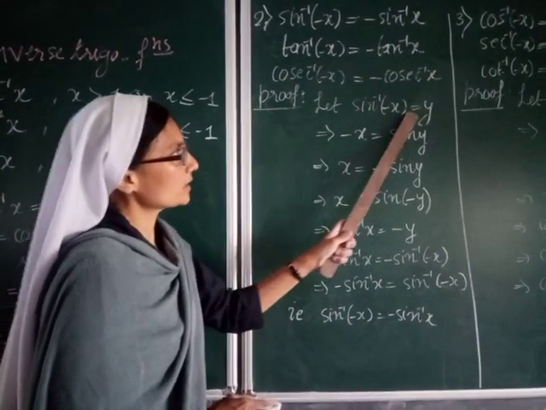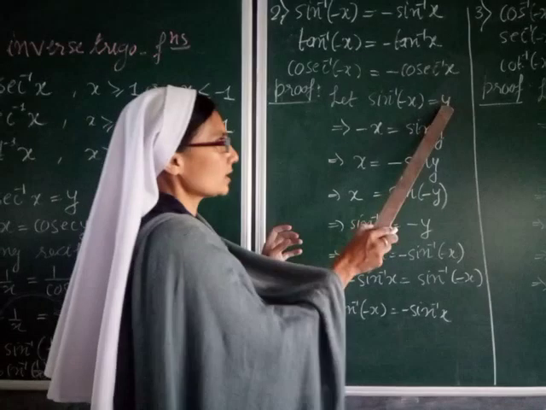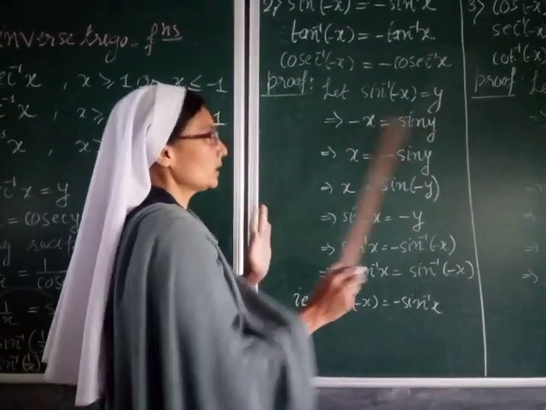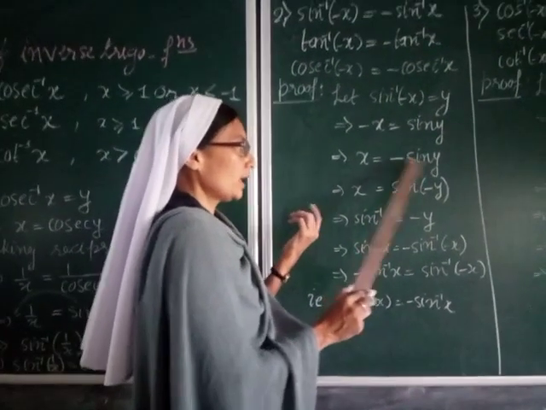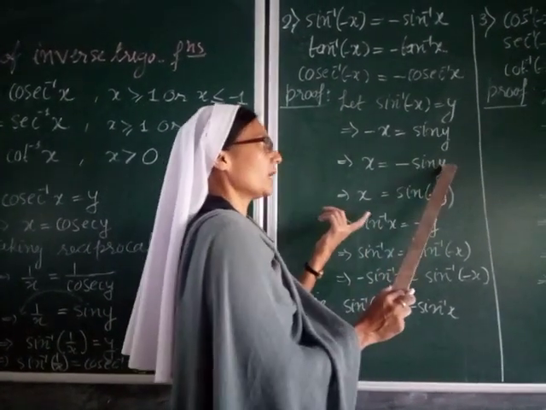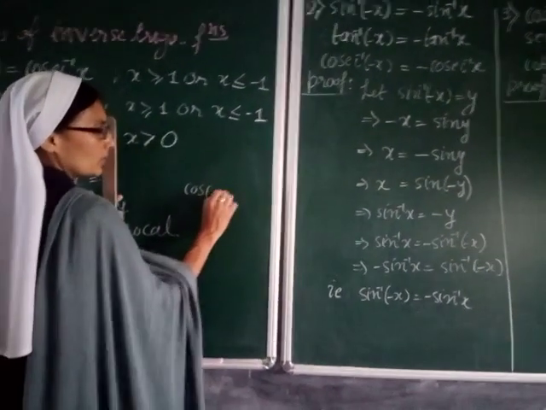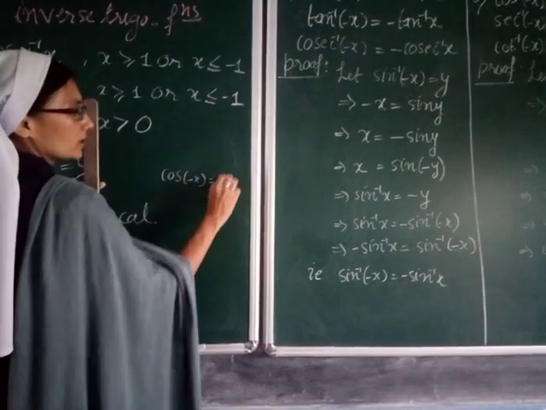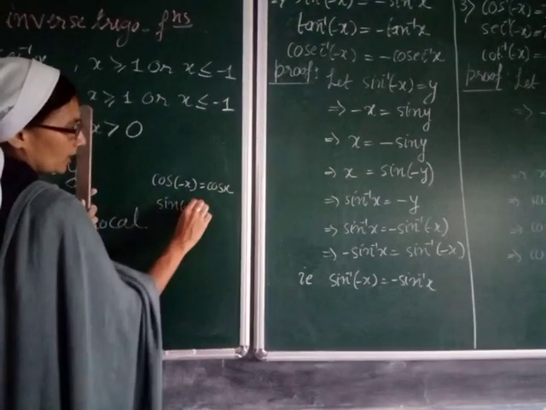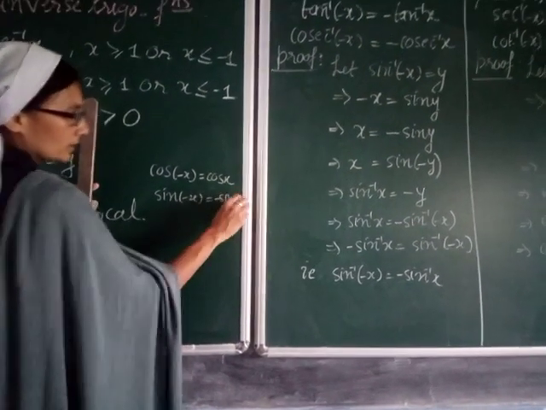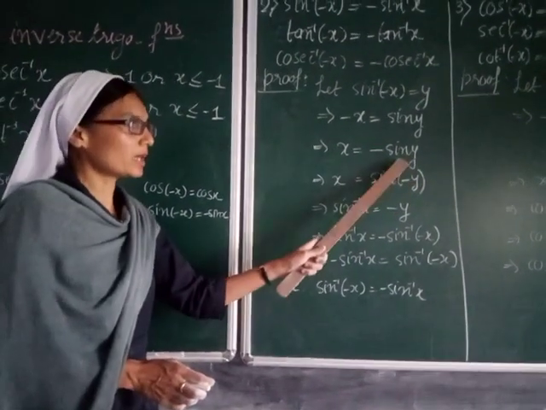So sin inverse minus x equal to y. You assume this value as y. As I said, transfer the sin inverse here, it becomes sin y. Take this minus here, minus you can transfer any side. Then sin is an odd function, so this minus you can take inside. We have studied odd and even functions last year. You know cos is always an even function, so this minus we can just write as cos x. But if it is sin, then sin minus x will be written as minus sin x, and vice versa. So this minus you can take, because sin is an odd function.